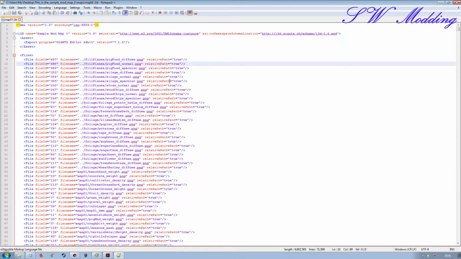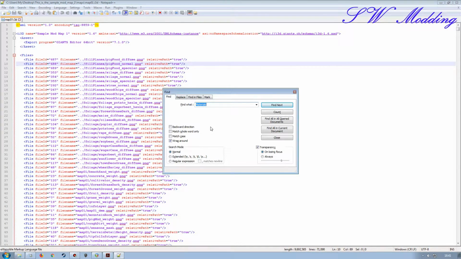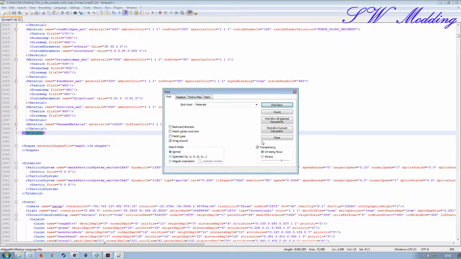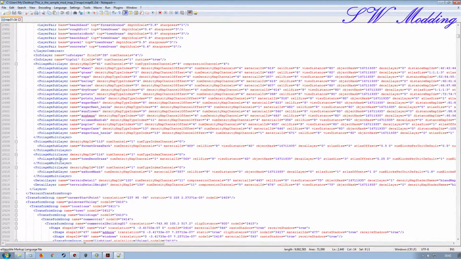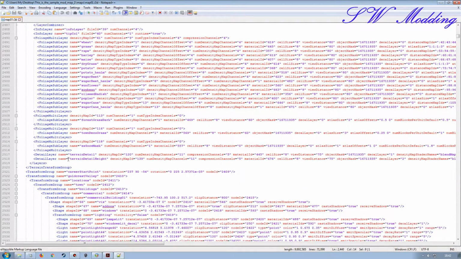So I've done this search many times, which is my materials search. If you've watched any of my previous videos, everything I do really revolves around the materials section, and then I find file IDs and things from there. So you could put in here detail layer if you want to and then do a search for that. I'm just going to go with materials. I'm going to go to the bottom of the materials section here and scroll down, and below my foliage multi-layer section here I've got detail layer, and this is the one we're actually looking for, this one here, the terrain detail, not the terrain detail height,